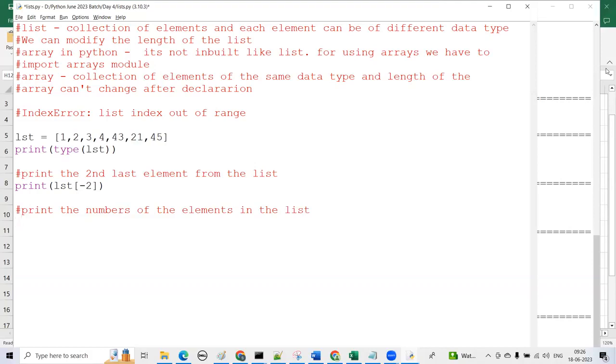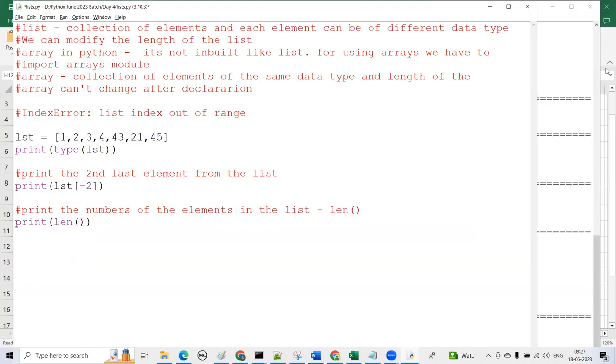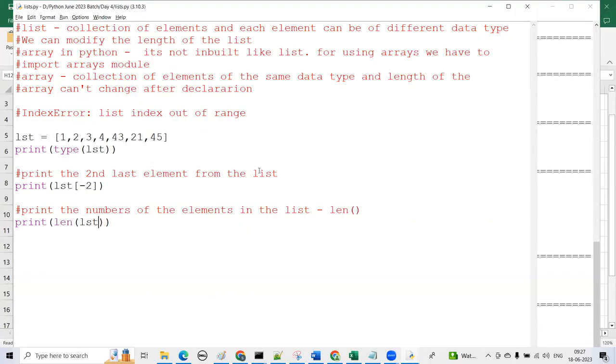So you have this function called len. If we do print length of this list, how many elements are there, guys, in this list? 7. So if I do a len, it will give me 7. So len is the function you use to find the number of elements in the list. Okay. So if I want to print all the elements in this list using a loop,